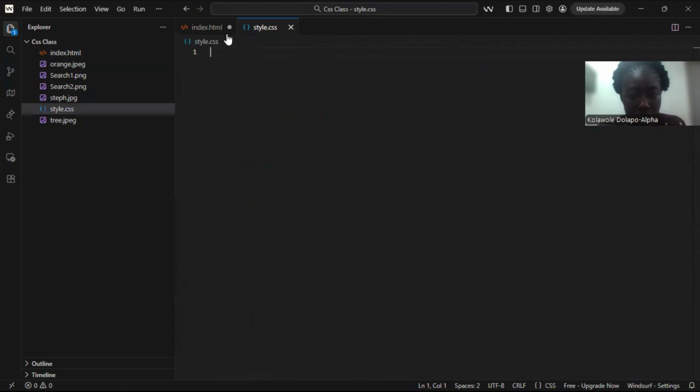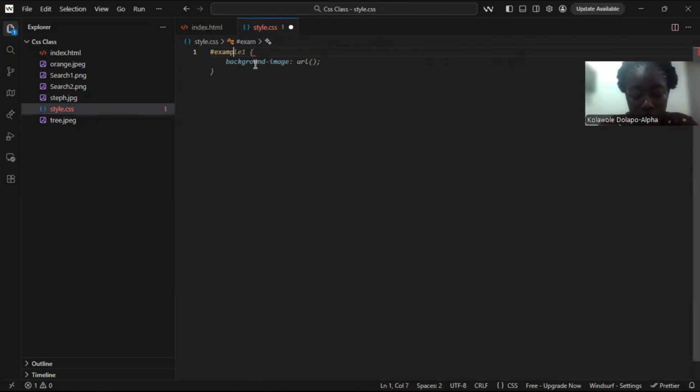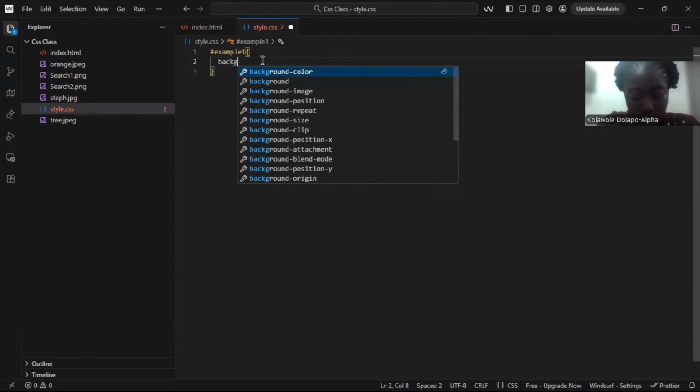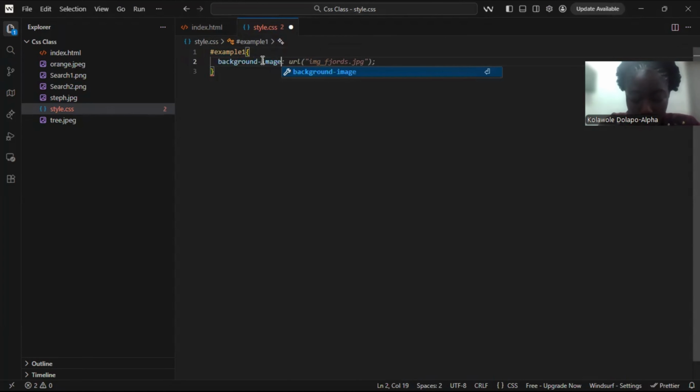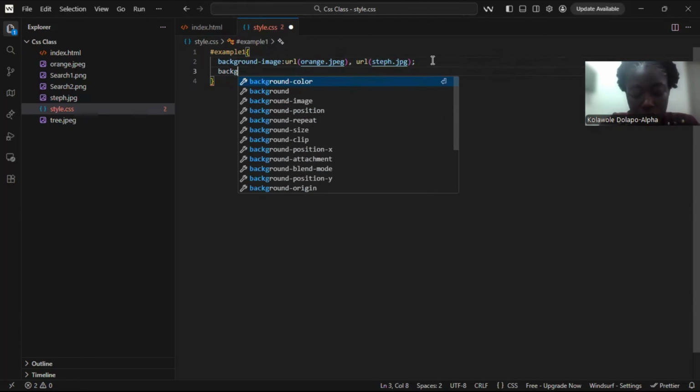Now let's come to our CSS. Then we'll say hashtag example1. Then inside example1, we're saying background-image should be url. Inside this url, okay, let's use orange.jpg. Then after that, we want to make use of two images. We'll say url, then we can say step.jpg. Then after that, we can as well have background